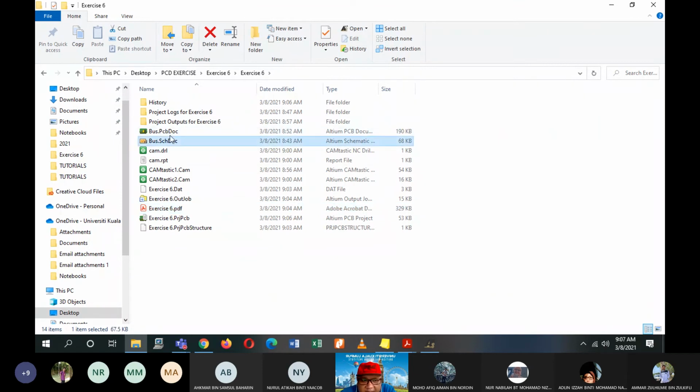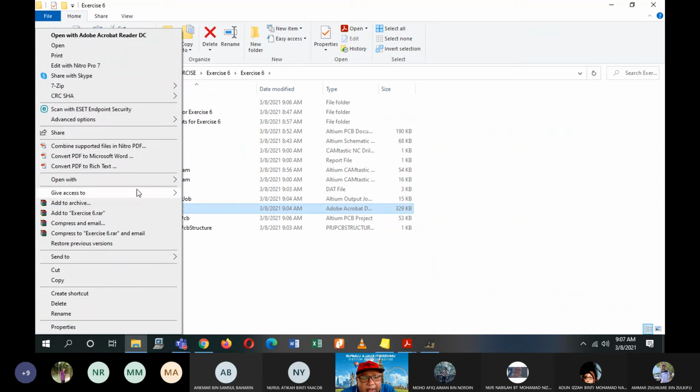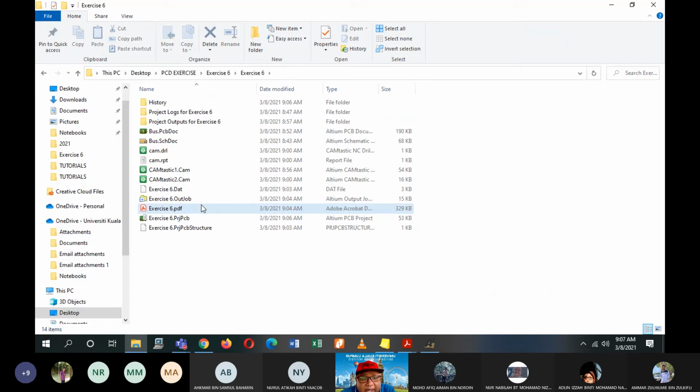So this is your schematic, PCB, Camtastic 1 and 2. And this is your project, of course, and then this is your PDF, your Gerber file, the fabrication output. You just send this file to your fabricator, by email or whatever method they're using.